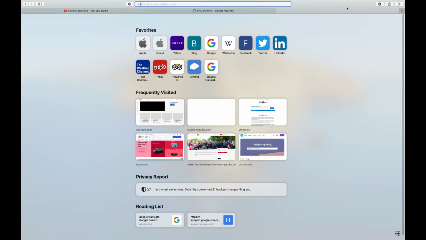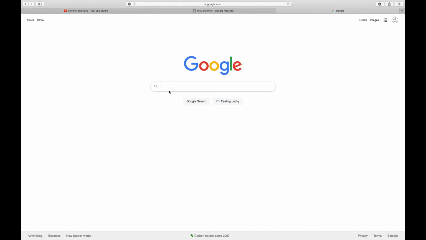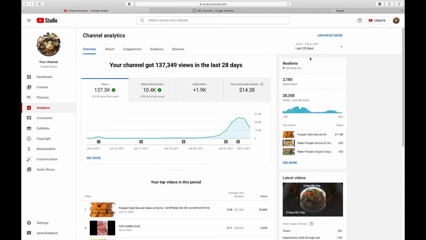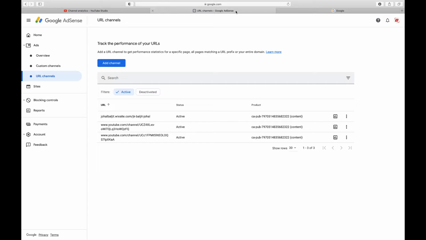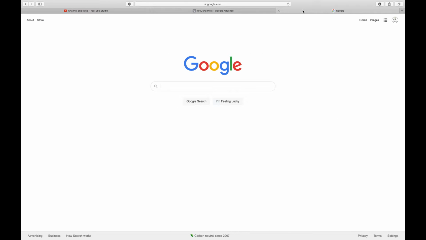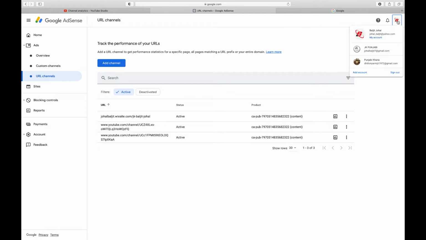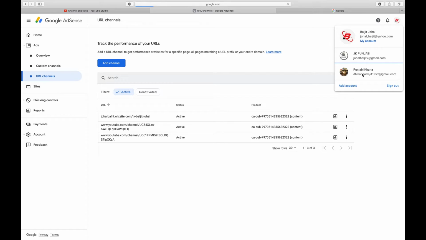So if you don't have any Google Adsense account, you can log in to Google Adsense with the same username and password you have here on YouTube, because that's your Google account. You can also log in as a Google Adsense account, but if you have any other Google Adsense account, it will not let you make one. It will say you already have a Google Adsense account and you are not able to create